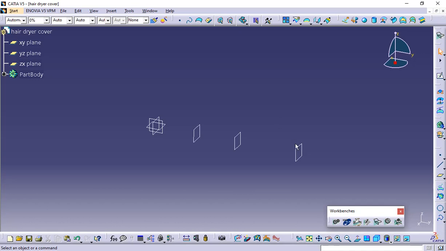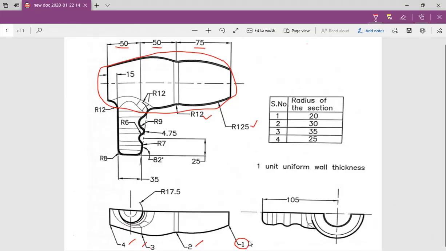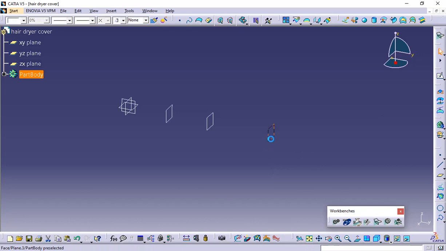At the first section we will create a radius of 20, and at the second section we'll create 30, 30 and 35 and 25. So let's start creating the radiuses first at these different sections. At this first section, which is at 75 from the second, select this plane